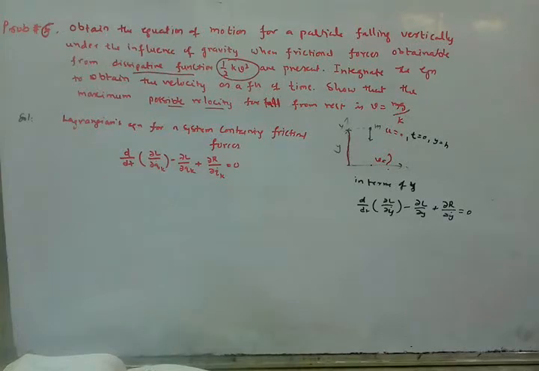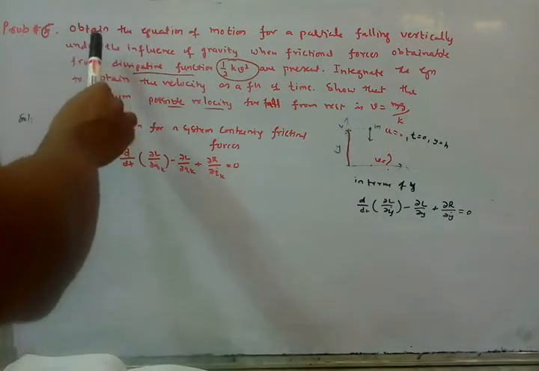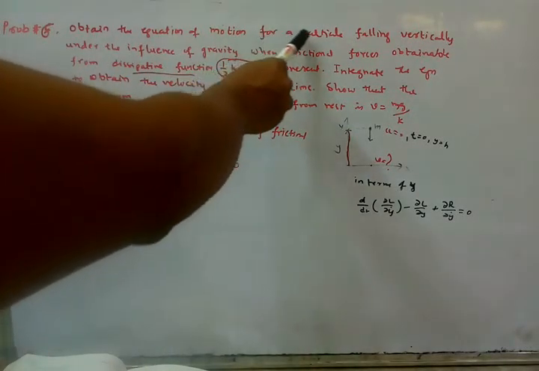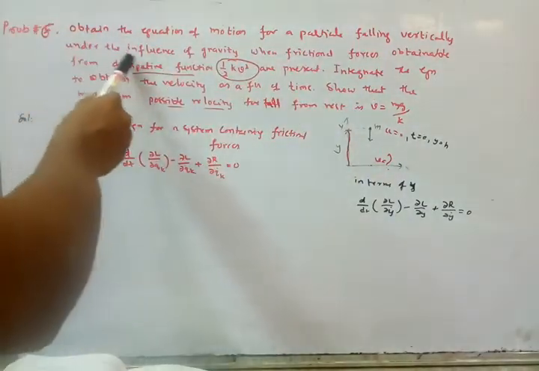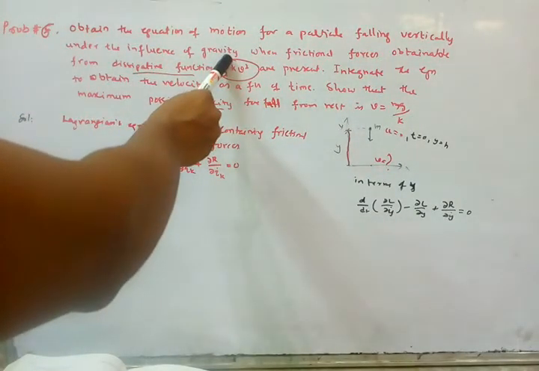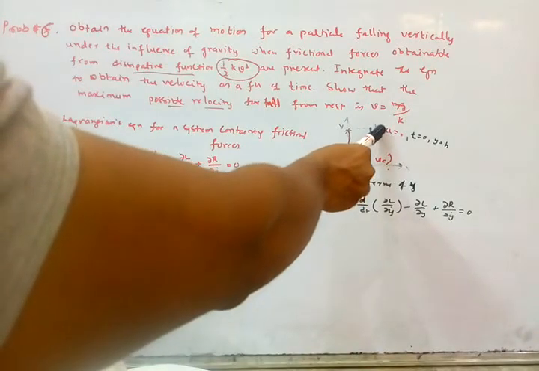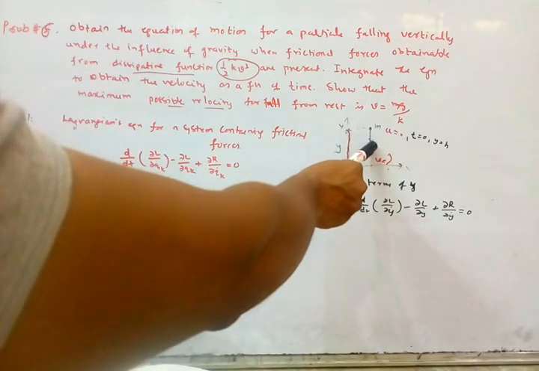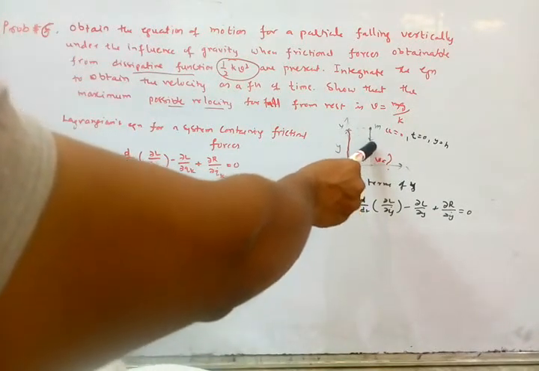Now I am discussing problems on classical mechanics regarding applications of Lagrange's equation. So I am discussing problem number 6. The question is: obtain the equation of motion for a particle falling vertically under the influence of gravity. This is the situation: the particle of mass m is falling under gravity from a height